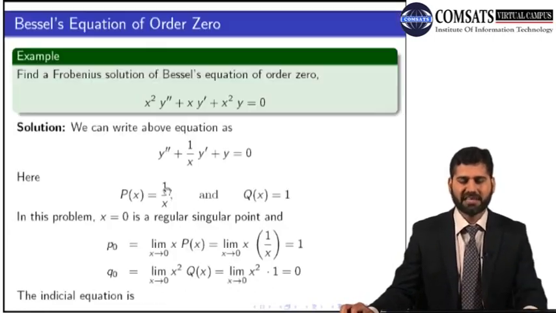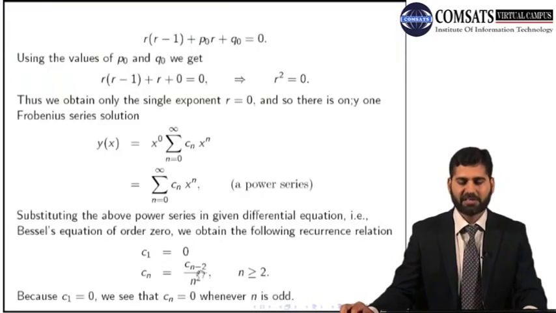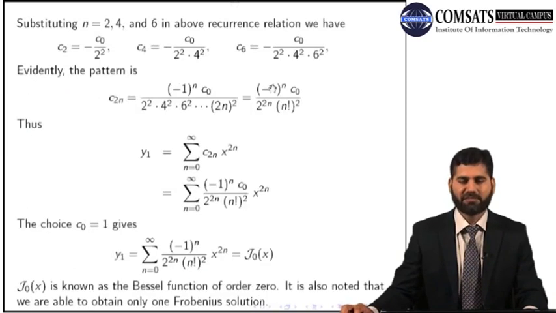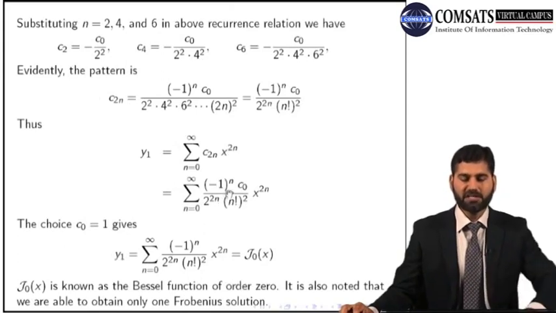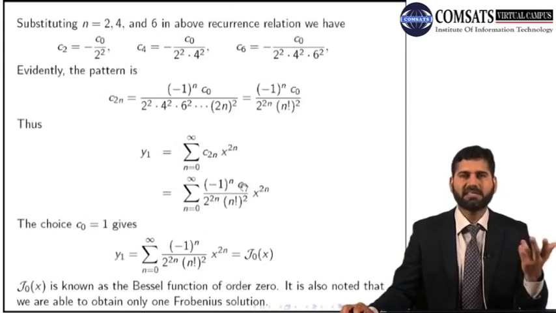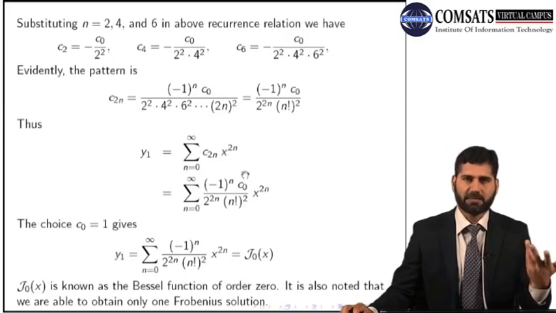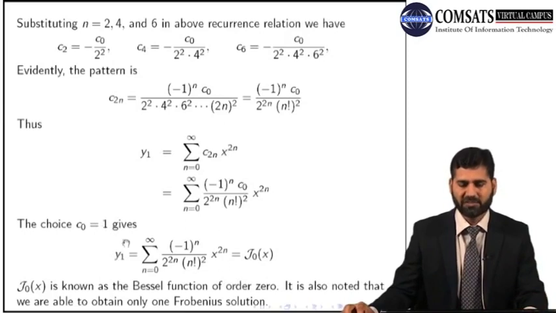If we substitute this in the given equation and compare the coefficients, you will get C1 equal to 0 and Cn is equal to this. After finding the coefficients, Cn is 0 for odd n, and for even n you are getting these coefficients. So your solution is this. Alright, C naught is arbitrary. So if I choose C naught to be equal to 1, it gives me this one,